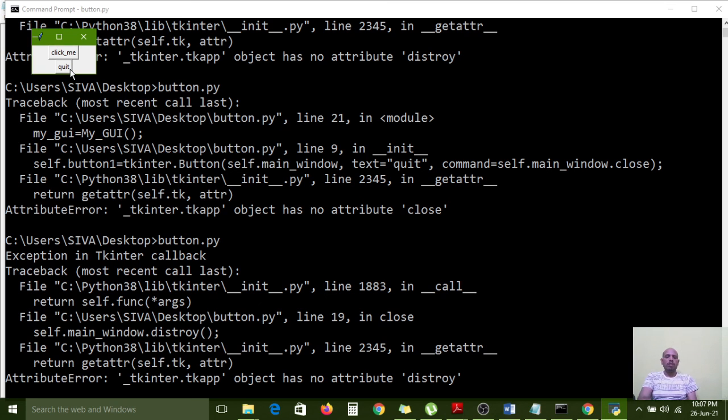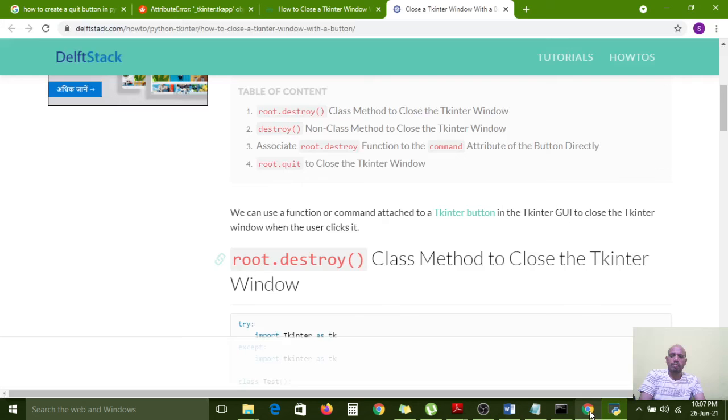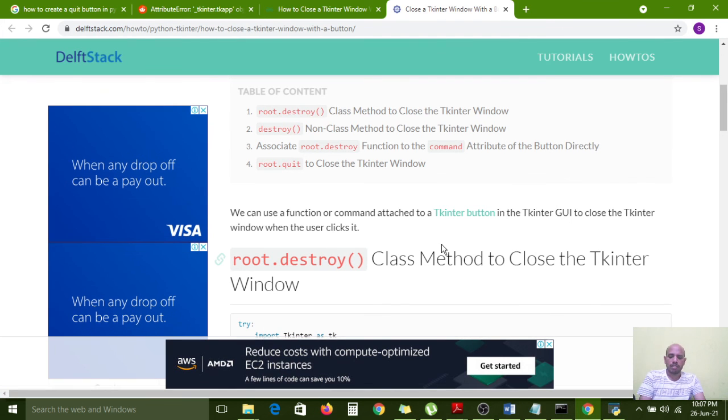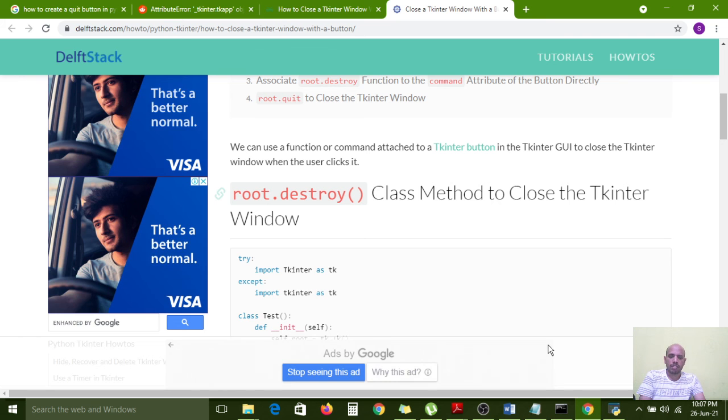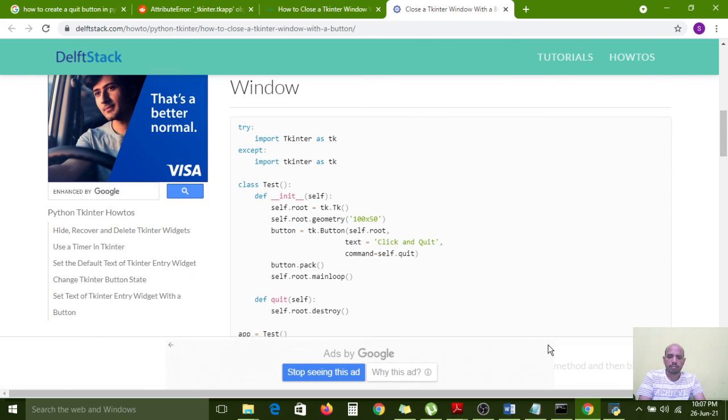Object has no attribute. I think it has been deprecated. That method has been deprecated, so that's why, in the new version we are using now, it is showing that error.